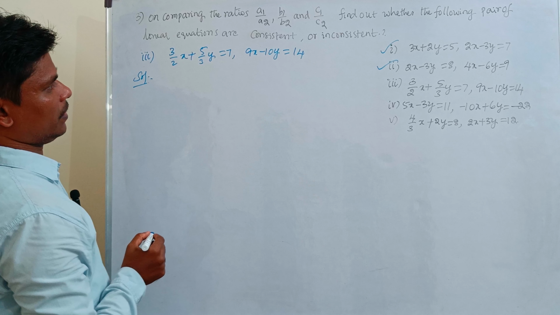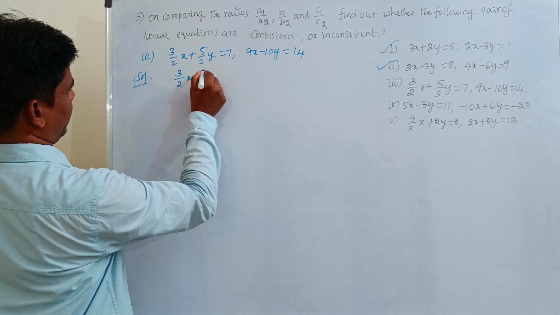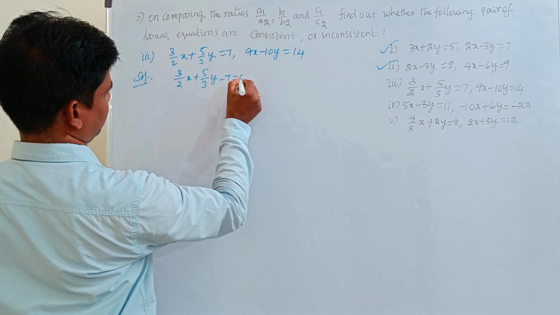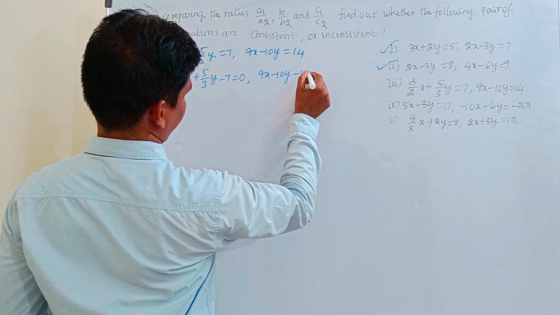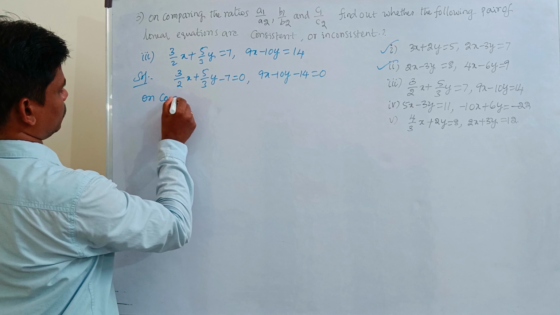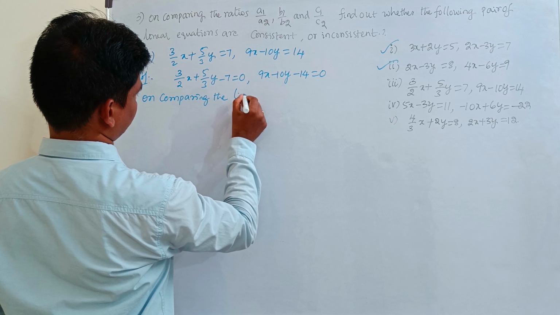So, is it consistent or inconsistent? First write 3 by 2x plus 5 by 3y, transpose the 7, so minus 7. Then 9x minus 10y, transpose the 14 to this side, minus 14. So, on comparing the linear equations